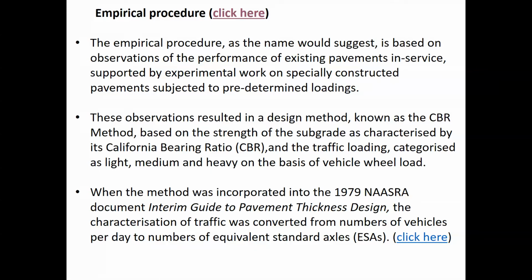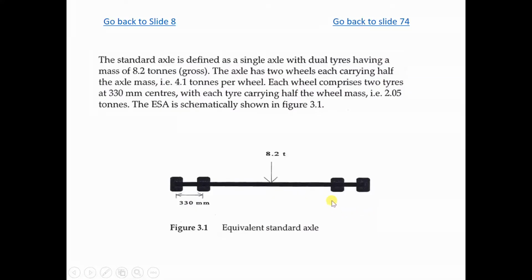So they assign different ESA values for each vehicle. For a small vehicle we have a smaller ESA, and for the bigger ones, the truck and the semi-trailer, they have a much bigger ESA. So what is the equivalent standard axle? One equivalent standard axle, this standard axle, is defined as a single axle with dual tires,